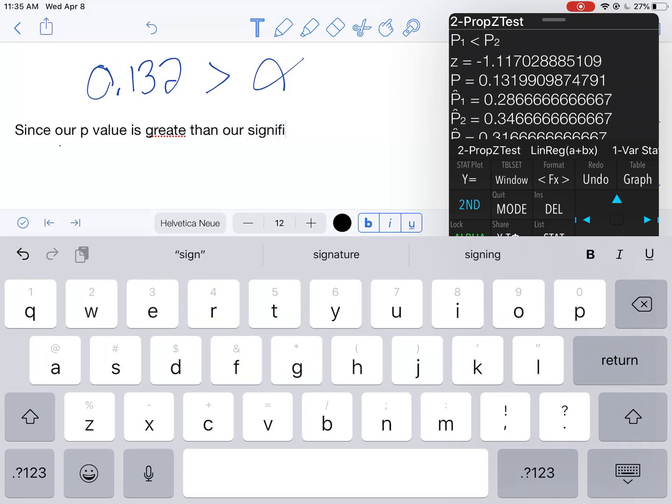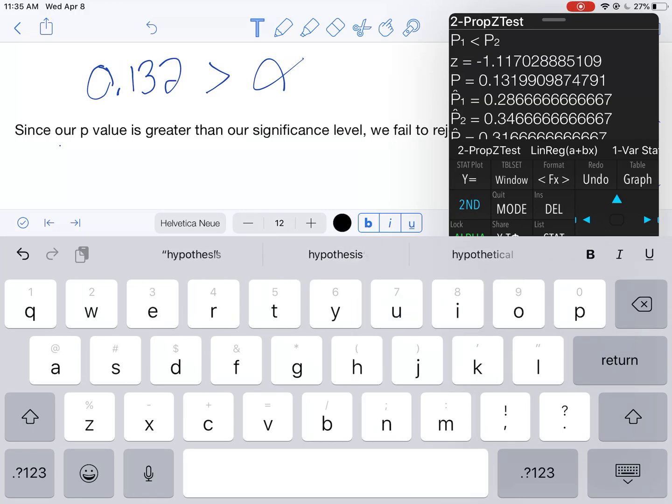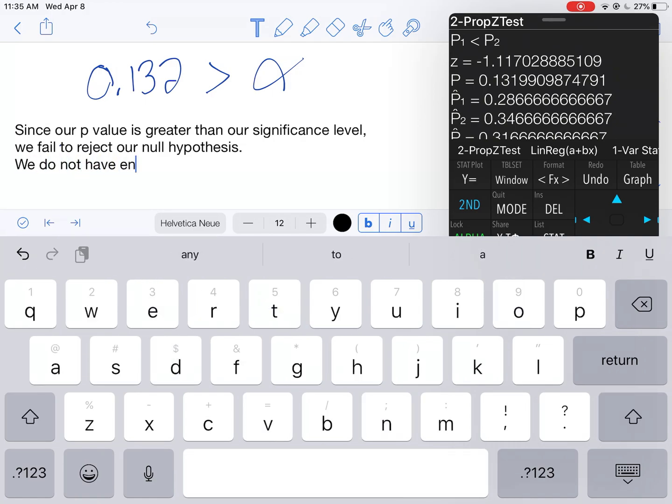Since our p-value is greater than our significance level, we fail to reject our null hypothesis. I'm not done yet, though. You can't just say that. You need to put it in the context. So since you failed, you do not have enough evidence to prove that women have